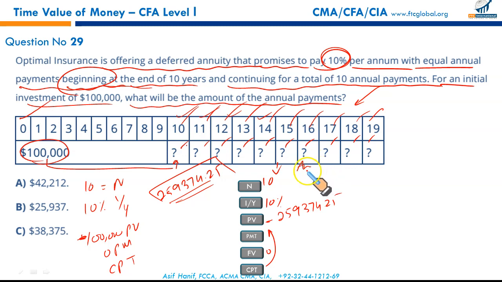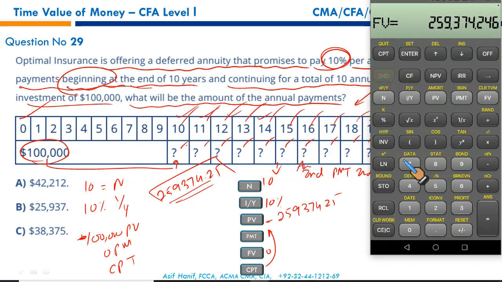So for this, we have to set our calculator to beginning mode by pressing second, PMT, second, and set, and plug in the numbers. Let's do it. Second, PMT, second, set. Now it's in the beginning mode. Quit. Enter the data. We have 10N. Interest rate 10. 259,374.25, that has been invested in this account, is negative. This is the present value. Future value 0.